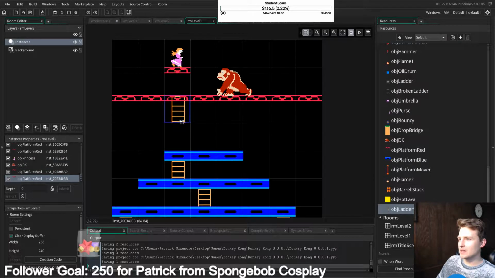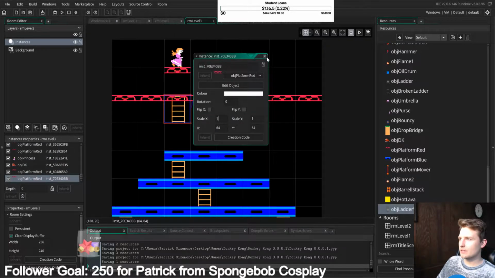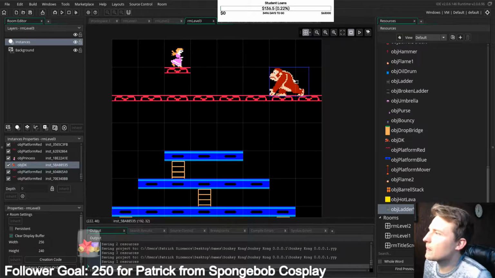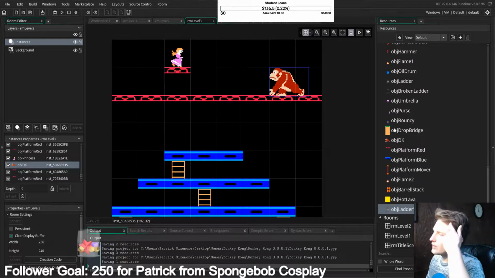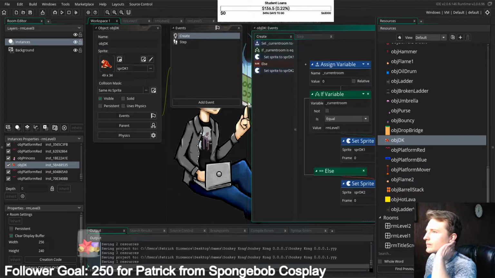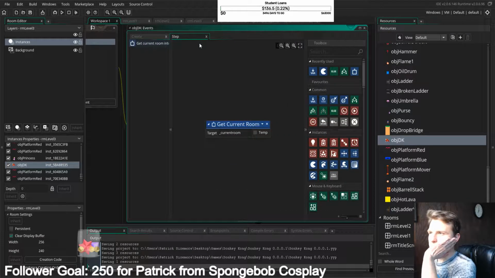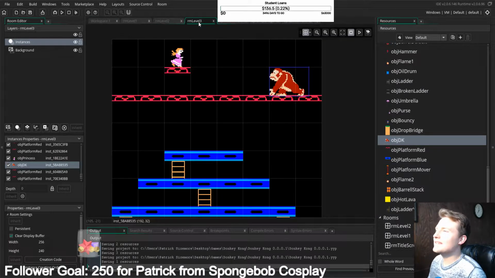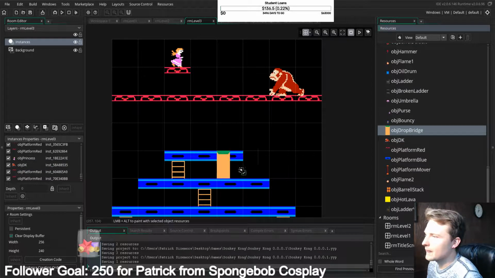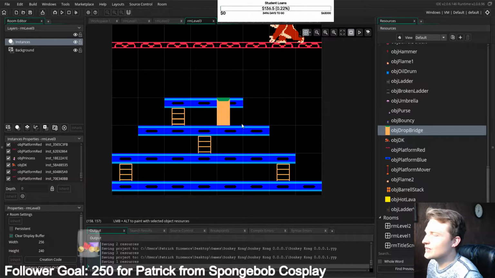What'll happen is we can put some code here that says, there's a few different things we could do. I'm just thinking that it would be neat to have it where if Mario is able to destroy each of these little things,